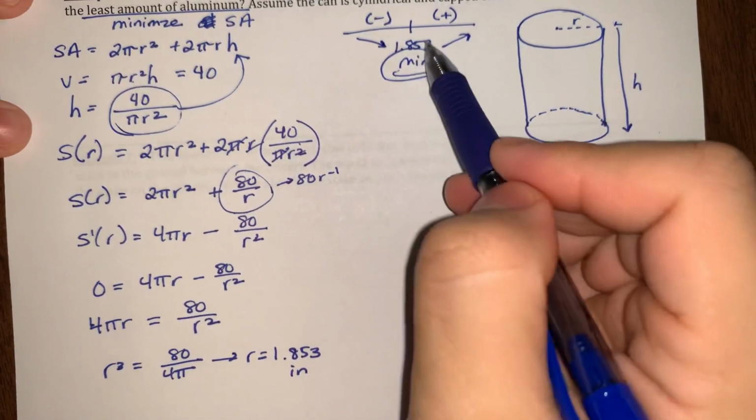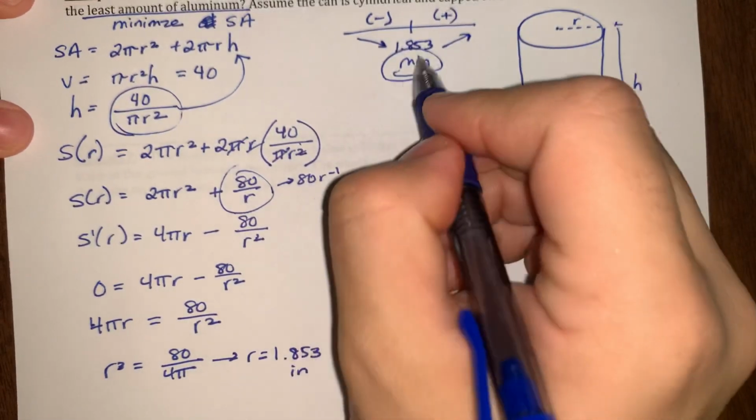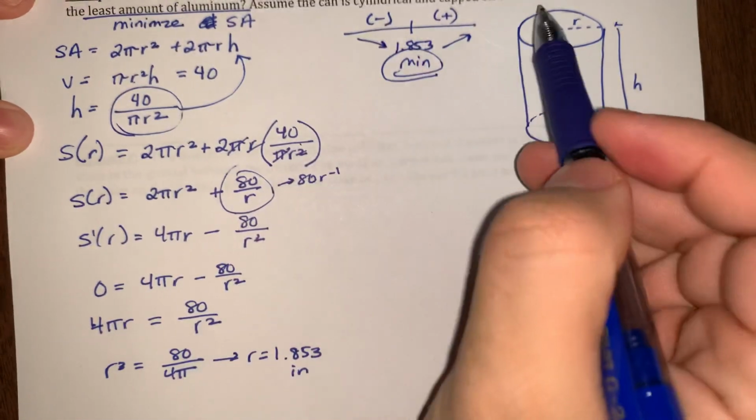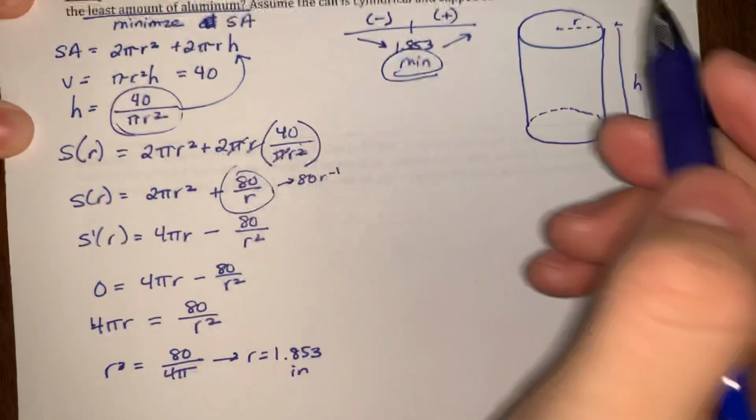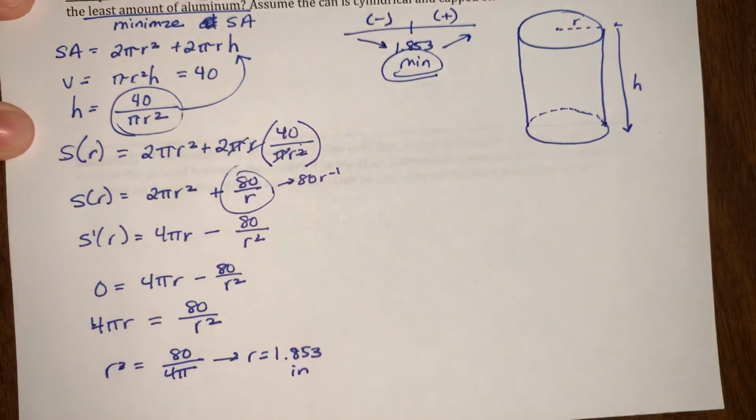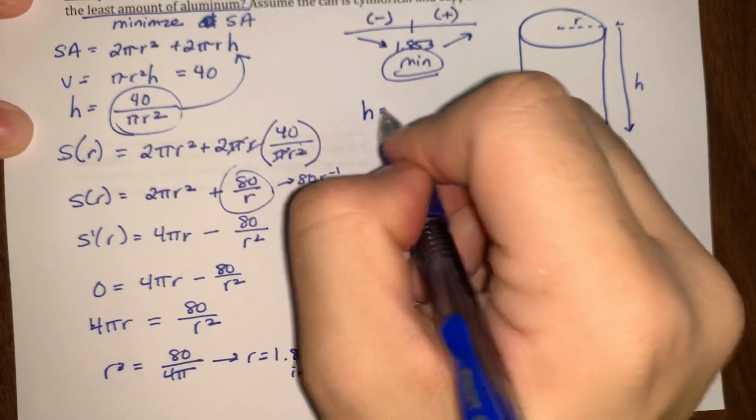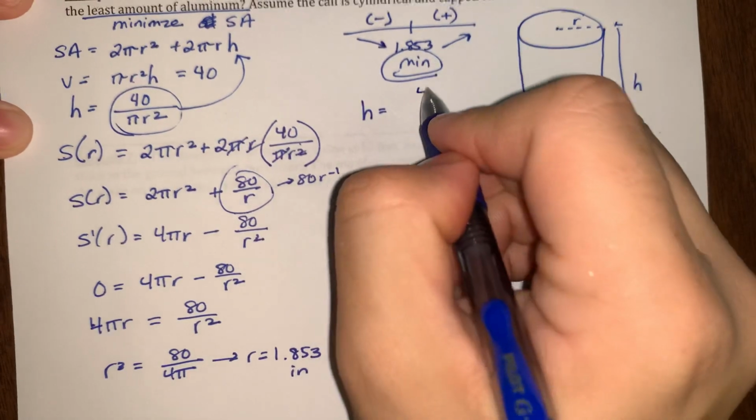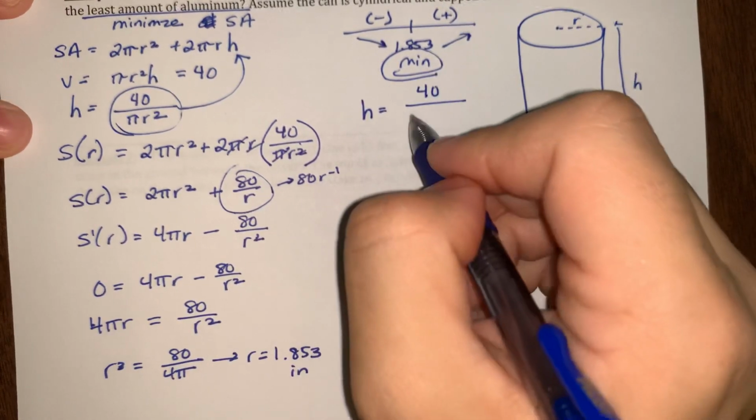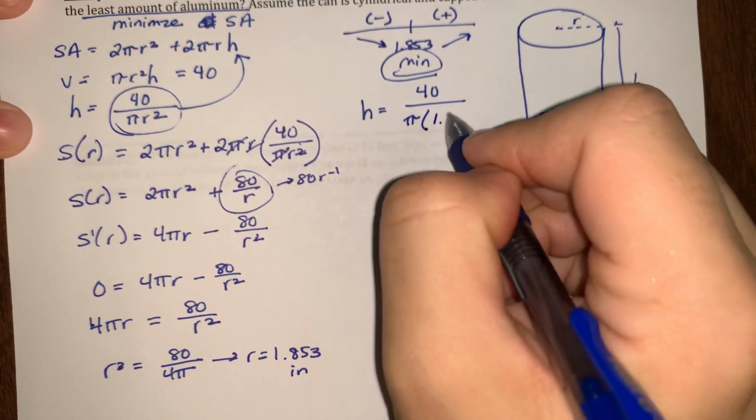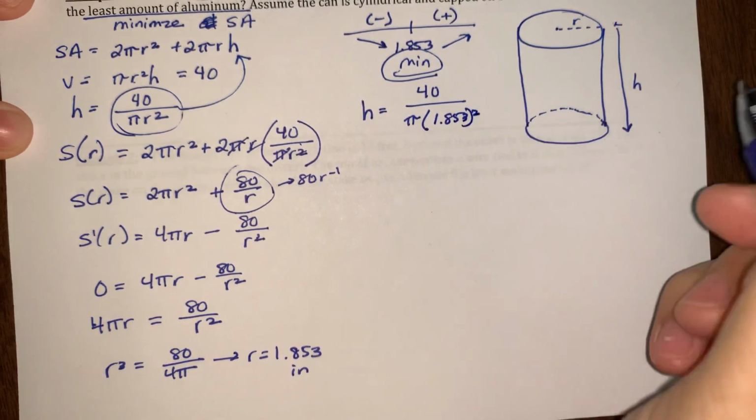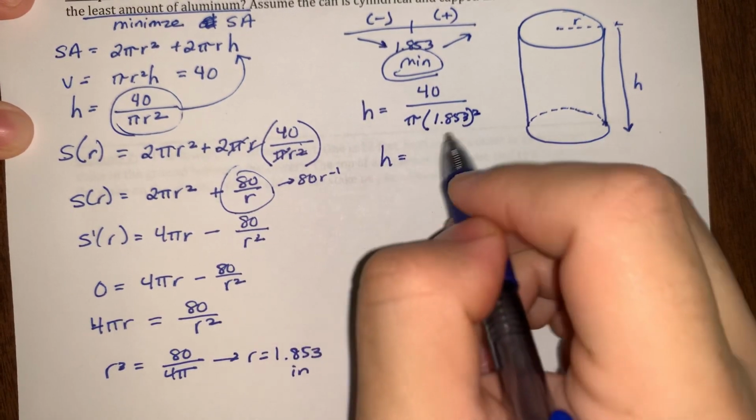All right, so if I know that 1.853 is our minimum, I'm going to plug that into our h, because they're asking what are the dimensions. So I know that my radius is going to be 1.853. My resulting height is going to be 40 divided by pi times 1.853 squared. So then my height is going to end up being